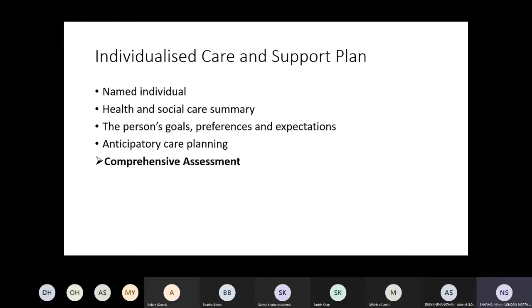Each patient needs an individual plan, not a generalized plan, because each person's medical, psychological, and social conditions are different. These should be based on the patient's goals and preferences, and the expectations that we and the patients have. And we should anticipate, especially for patients going from mild to moderate frailty or moderate to severe, and provide them with enhanced care before they become more frail.